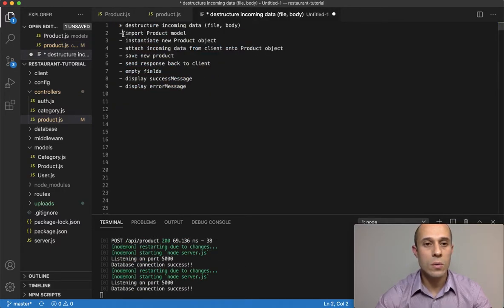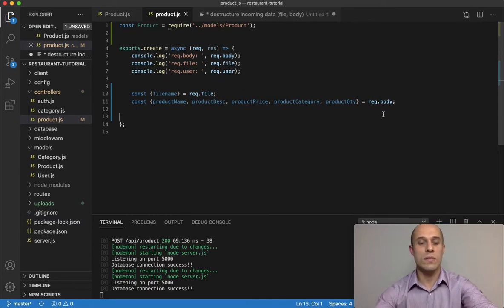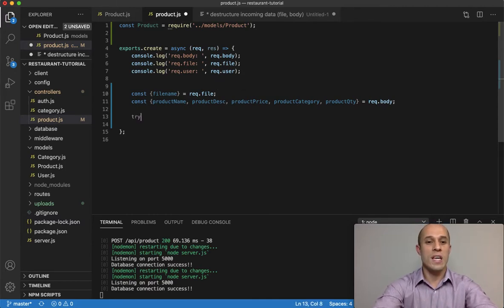Okay, so right here, mark that off. We imported the product model, and the next thing we want to do is instantiate a new product object. Now that we imported it here, we can make use of it. So inside a try catch block,